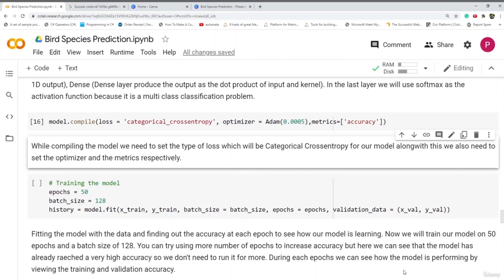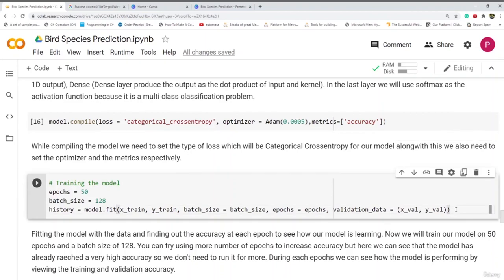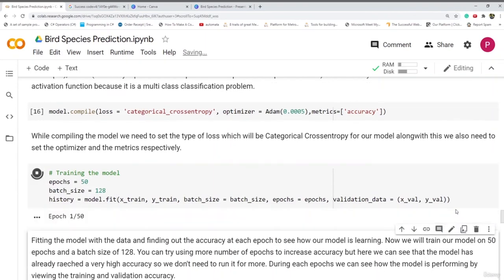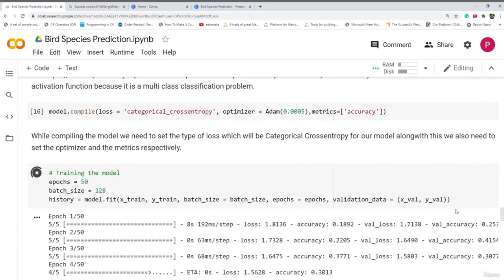During each epoch, we can see how the model has performed by viewing the training and validation accuracy. So let's run this fit command and see the accuracy. While this is running, let me tell you about epochs and batch size. If you increase the number of epochs, the accuracy increases,